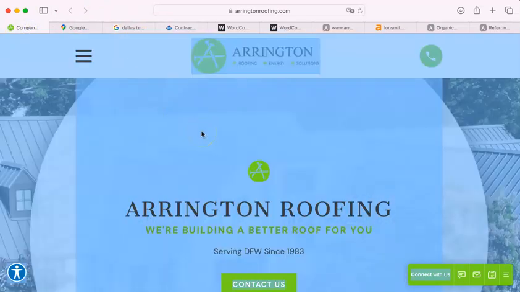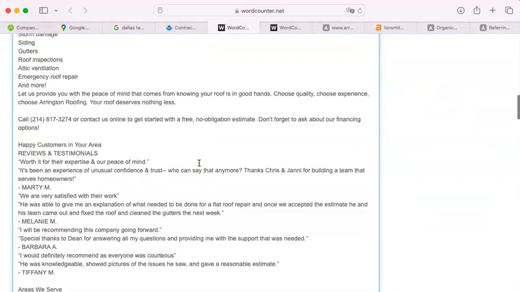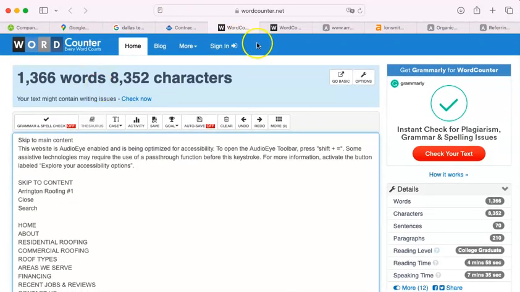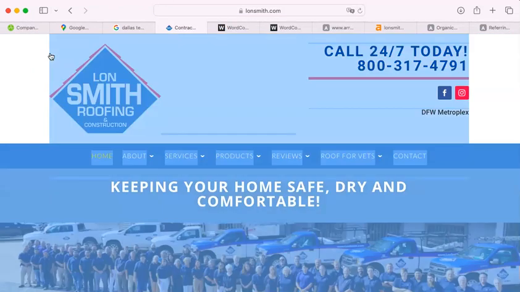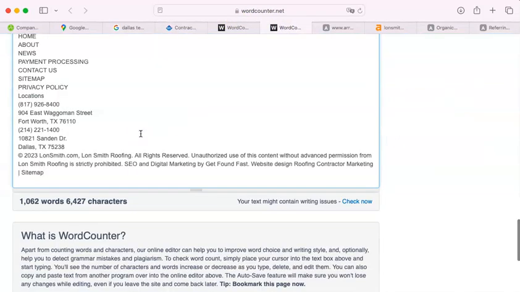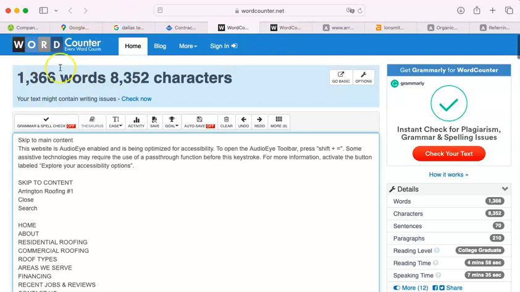Here we go. I'm going to copy all and paste your website into this word counter. 1,366 words. That is more than I am used to seeing on a website. Good for you. Now I'm going to do the same to them. Select all, copy, and paste into this other word counter. They have 1,062. In this, you win, because 1,062 is not as great as 1,366. And yet, Google wants you to have 1,500 words on your homepage in order to consider you a legitimate business in your category.